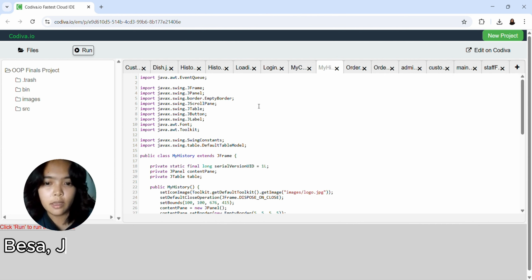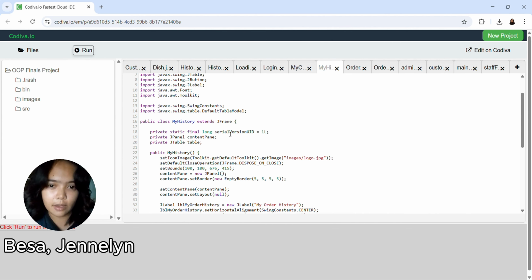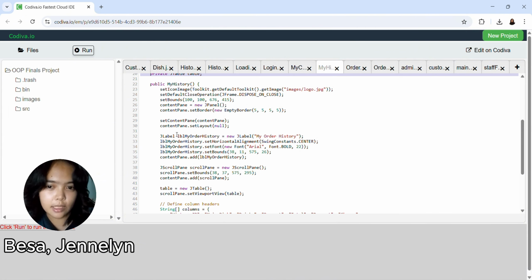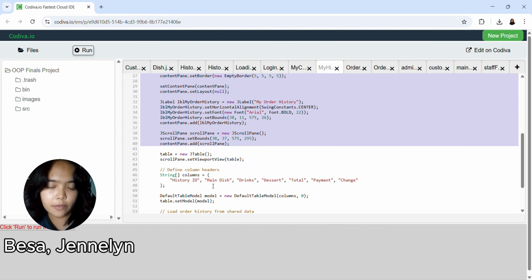And now I'm going to explain the MyHistory class. This program creates a user-friendly graphical window titled MyHistory using the Swing library, which is designed to display a detailed and scrollable table of past food orders made by the user. It includes elements such as a large centered title label, a scroll pane containing a table with predefined column headers